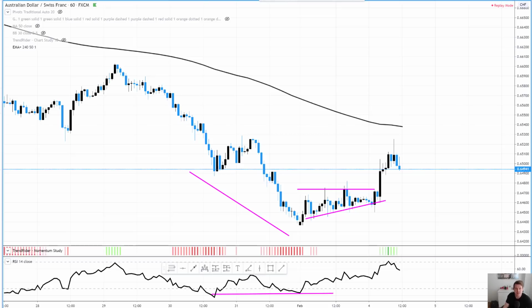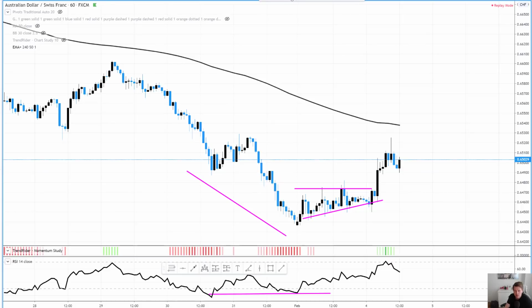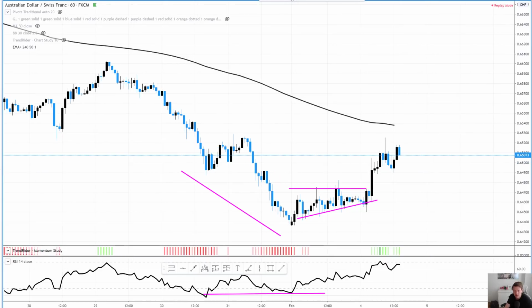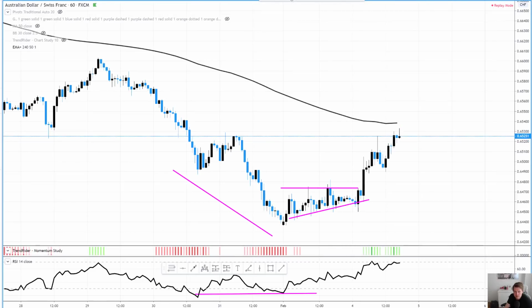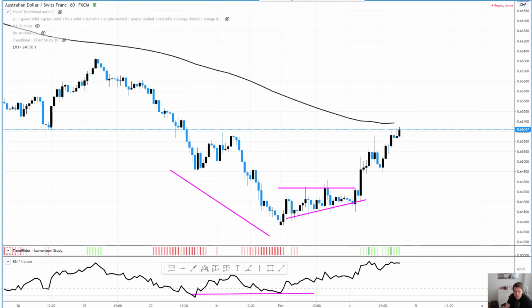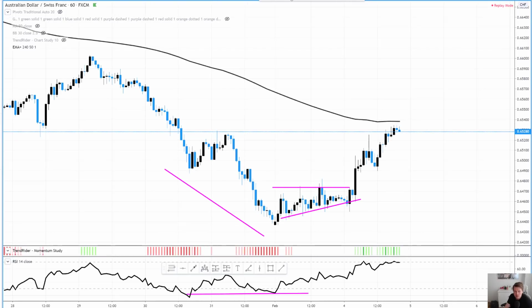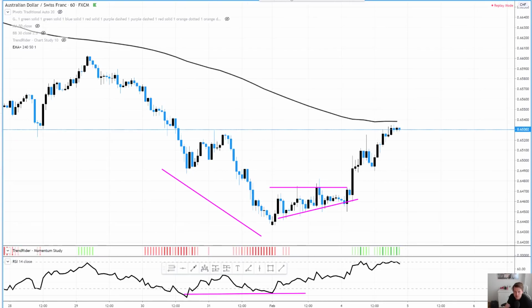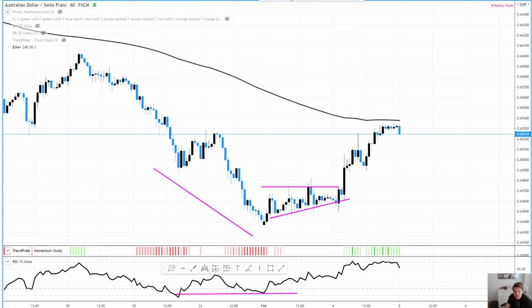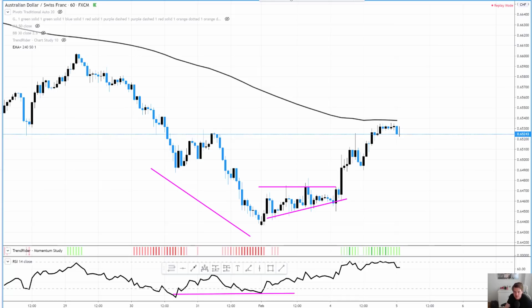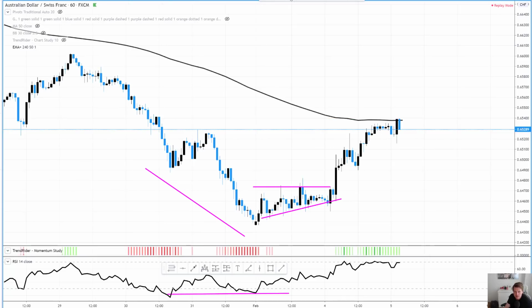Keep in mind, the price never goes in one straight line to your target, but always moves up and down in waves. And this is what we are seeing right here. So the trend or the trade still looks quite healthy. You can see it's moving higher along nicely, not quite into the moving average. So you can see the moving average is coming down to meet the price action. And almost there, not quite. Let's see what happens. The market is turning a little bit, but eventually the price has moved back into the